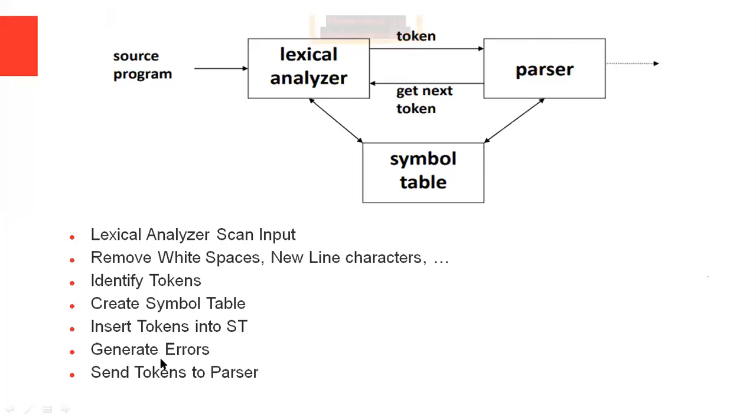And if there are any errors generated by the lexical analyzer, those are notified to the programmer, and the token is sent to the parser. So finally, the output. What is the output? A stream of tokens. Those streams of tokens are sent to the parser. Parser means the second phase, that is syntax analysis. So this is in detail the first phase,